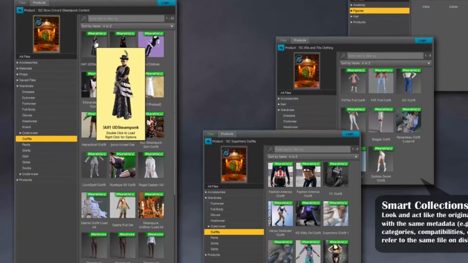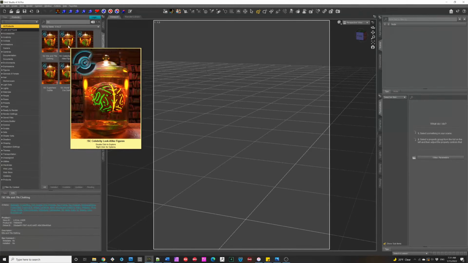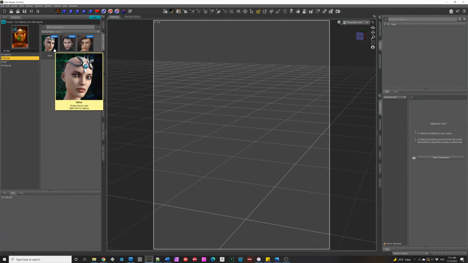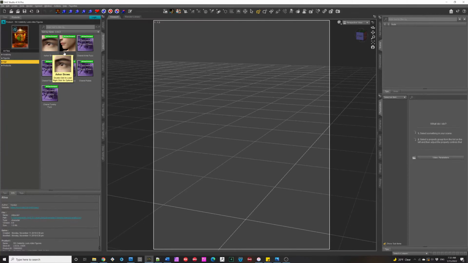So what Smart Collections is, let me show you in Daz Studio. Here are a few smart collections that I've created. For example, we have here celebrity lookalike figures. In here, I've basically taken other products and assets and put them together. This smart collection has Alina, Asher, and Chanel, I don't know, and obviously who they are and the lookalikes. It includes whatever you want to put in there. I'm including the hair and the brows from the different